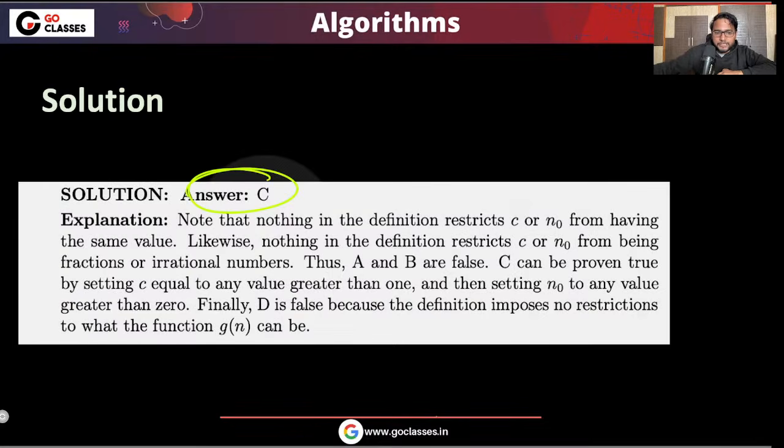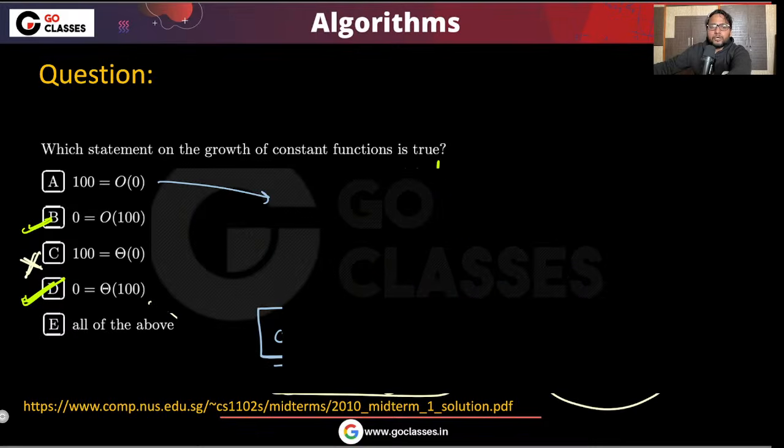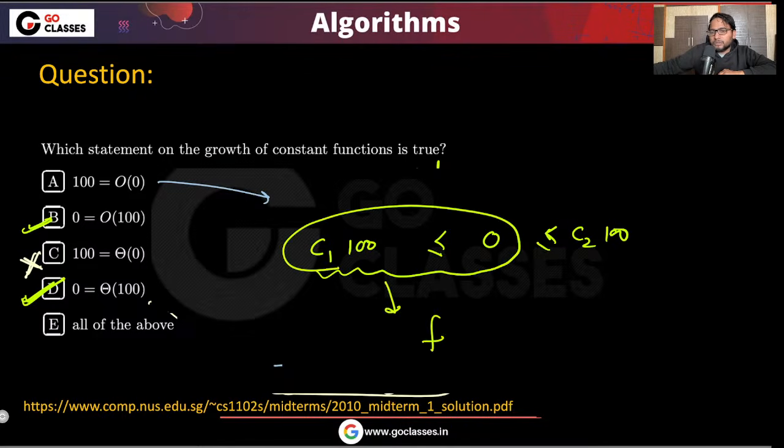Let me just go to the next page. Okay, see, this 0 I'm saying should be in between C1 into 100 and C2 into 100. Let's just see if this is true for non-zero C1 and C2. So C1 into 100 less than or equal to 0, less than or equal to C2 into 100. For non-zero, can this be true? For non-zero C1,